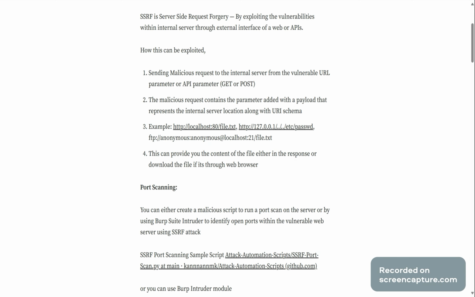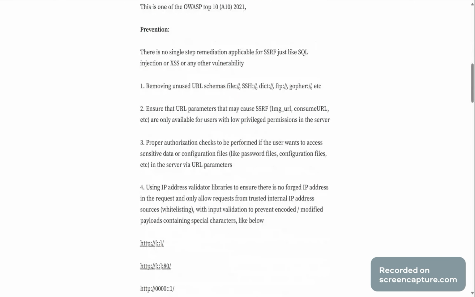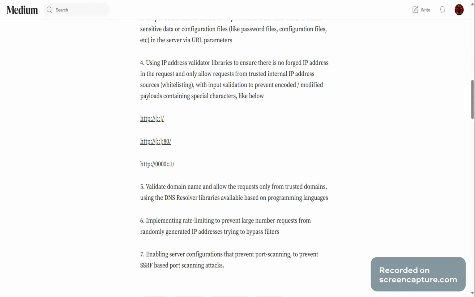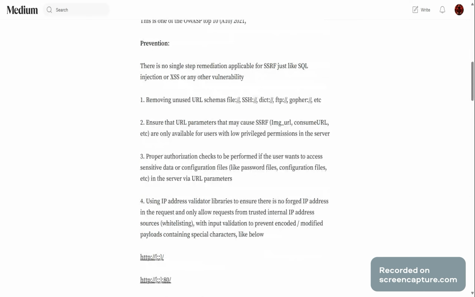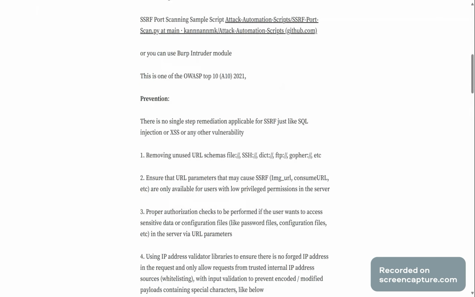Okay, so the common misconception I can see in interviews. This is from one of the interviews I attended. The interviewer asked, "What are the vulnerabilities which cannot be detected by SAST tools?" SAST tools like Checkmarx and Fortify, which basically scan the code for vulnerabilities. The interviewer was actually expecting me to say SSRF,